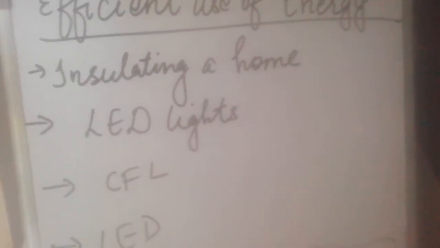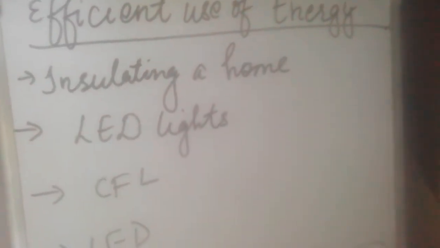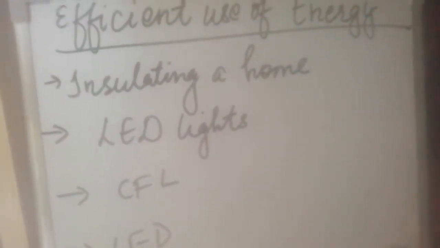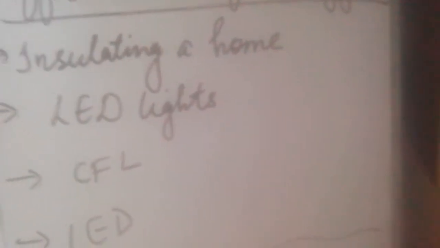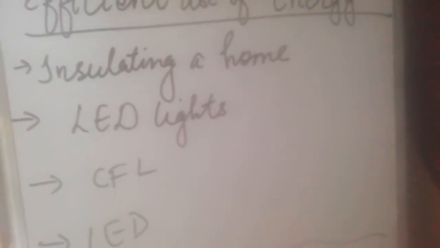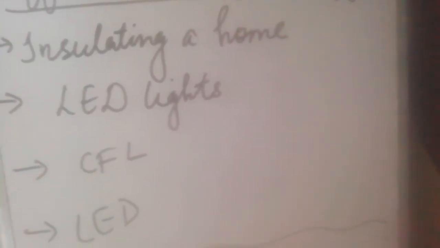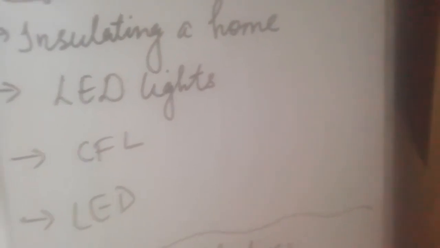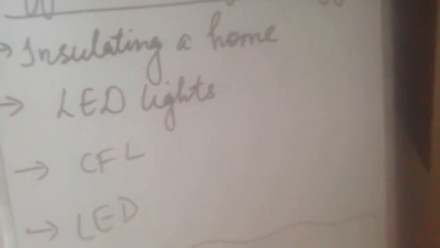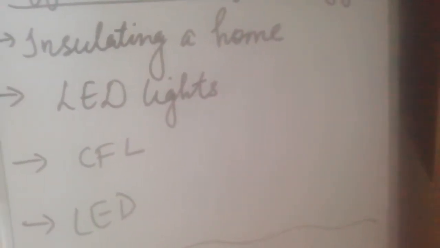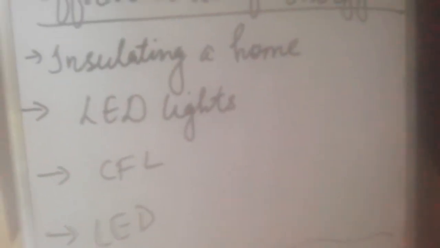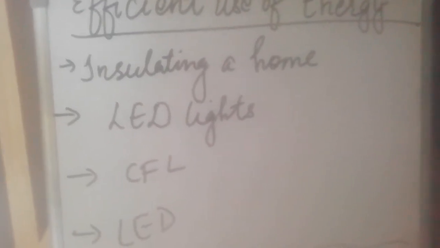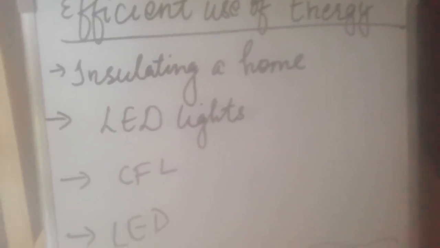Energy efficiency can be achieved by adopting more efficient eco-friendly technologies. When we use eco-friendly technologies and processes, we can achieve the efficient use of energy. This results in reduction of what? First is the cost of energy, and secondly it is the emission of greenhouse gases, children. See, there are many ways by which we can use energy efficiently. What is the first way? By properly insulating a home.